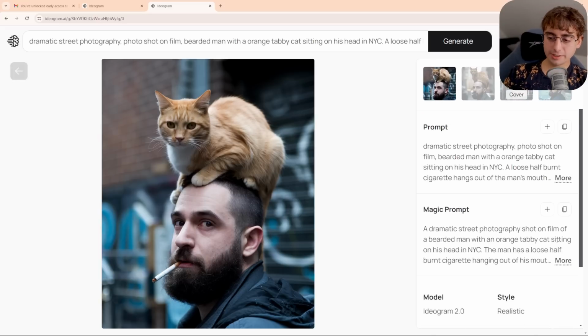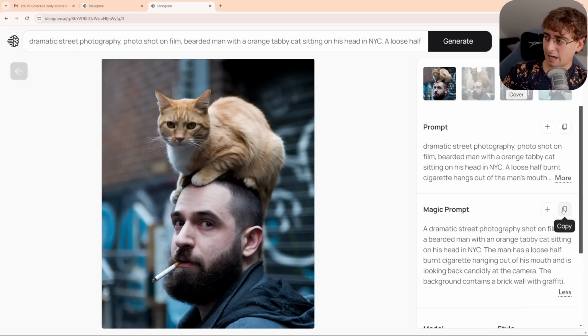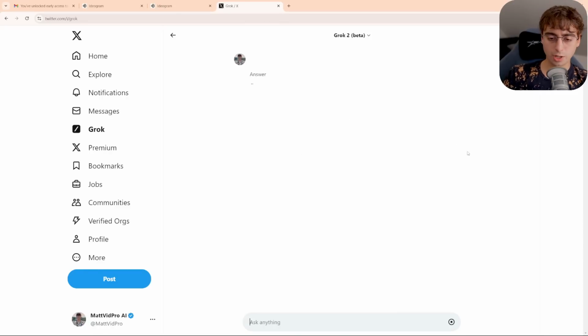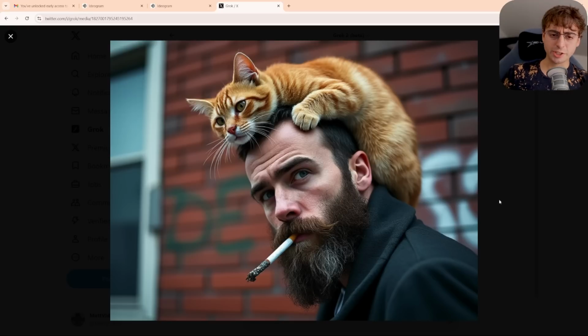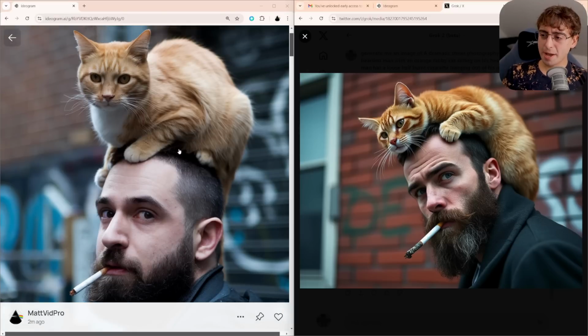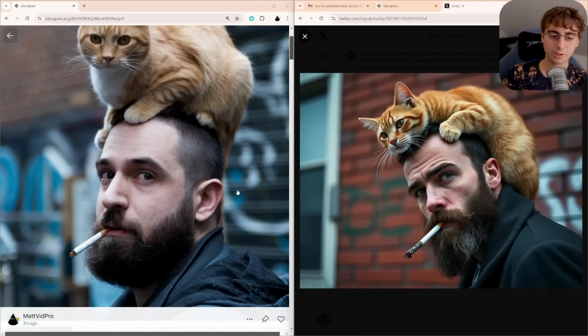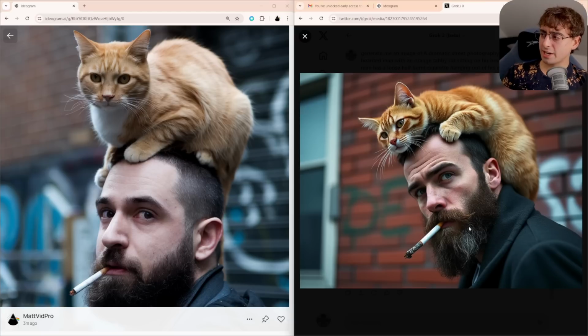See, now we're starting to get into the area of... I want to compare this model against Flux.1, which is kind of one of those leading competitive models right now. So let's send this on over to Flux.1 via Grok. And okay, straight out, I gotta say, that's a pretty great image from Flux. Now, is it better than Ideogram, though? I think that there definitely are some qualities to this image that I like, but obviously that cigarette looks pretty ridiculous, doesn't look as realistic, and you can see the saturation on this side. It looks like an edited image.